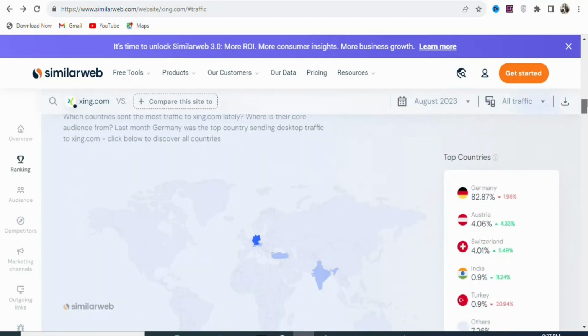As I scroll down, you can see right here 82.87% of the people who visit the website live in Germany. The second is Austria, the third is Switzerland, the fourth is India, and you can see Turkey. The majority of the people who visit the website live in Germany, so we are going to use it to promote our affiliate link so that we can get people who live in Germany to click on our link and then enter their mobile numbers so that they can get access to unlimited fantasy books, and we are going to be paid